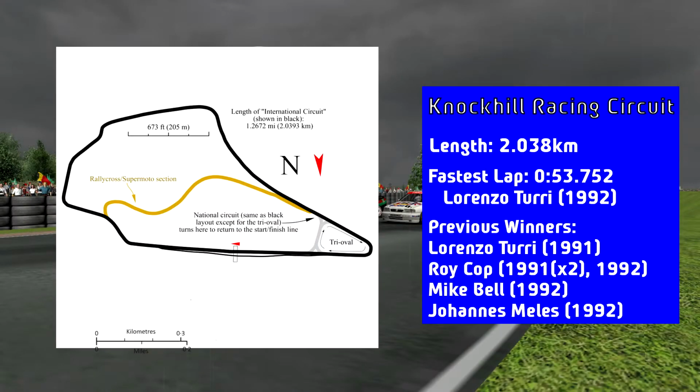Hey guys, and welcome back to another video on this channel. Today we are covering the 7th round of the STSR BTCC 1993 Championship, and we're here in Knockhill in Scotland. We have a quick look into the track map, and as you can see, it's a short circuit, but it's a difficult one, because there